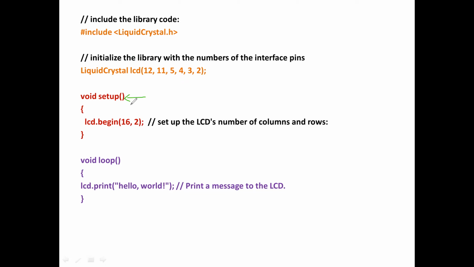So in the setup file, we are going to say the size of the LCD. These are all just configuration, right? Now within the loop, I keep LCD.print. Whatever function name you use should be reflected here. So LCD.print.